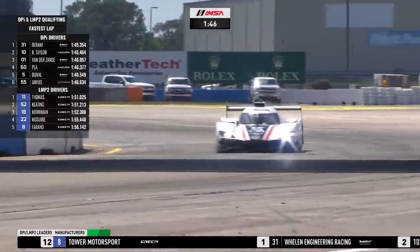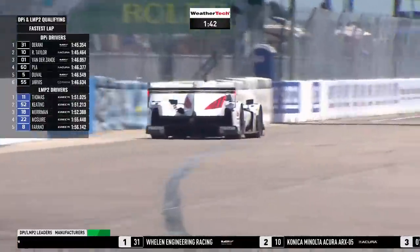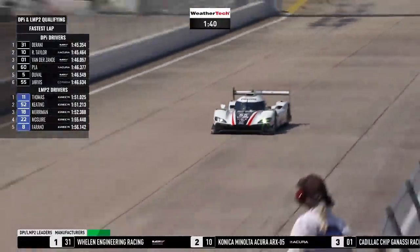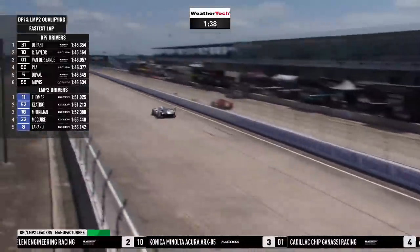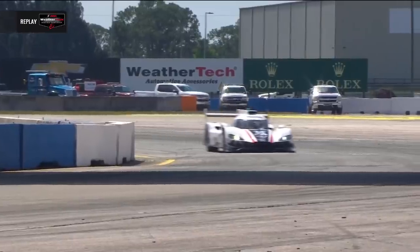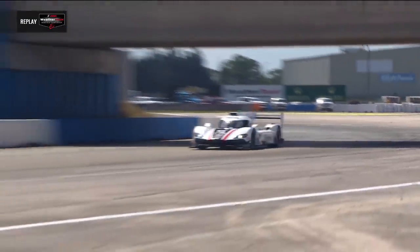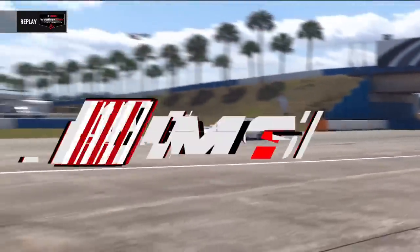So Derani and Taylor, with a minute and a half left, have basically put what they can on the table. Is there anyone else out there in this next lap who can improve? Big bump again. Real roller coaster ride for Ollie